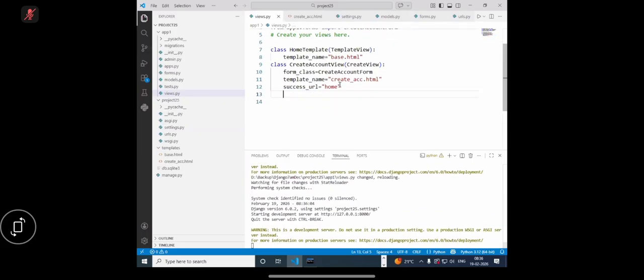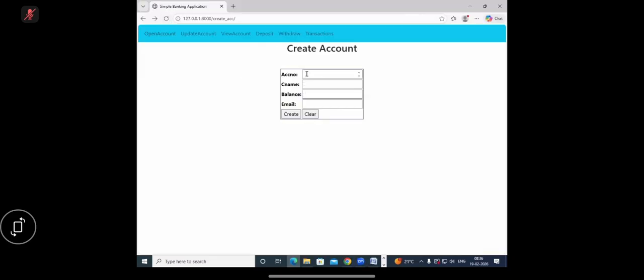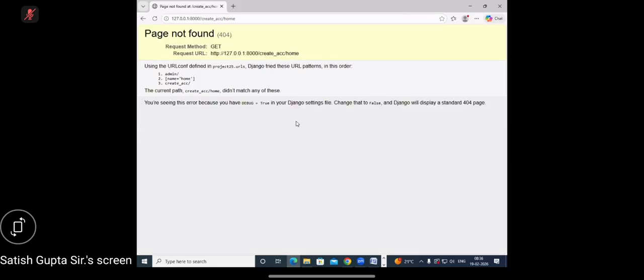Suppose I'm not writing this, what will happen? It will just redirect to which URL? Home. So just see here otherwise. The account is created. See here, account number 2, customer name is given, and you try to input a balance, and you are trying to input what? Email. See, you should know how to develop an application. Learning is different, building an application is different, right? So create. Now, once you create, create account,